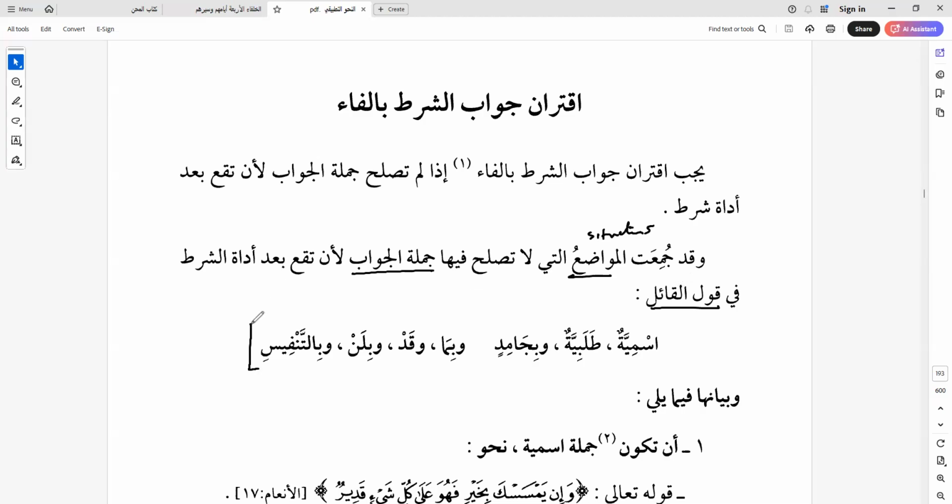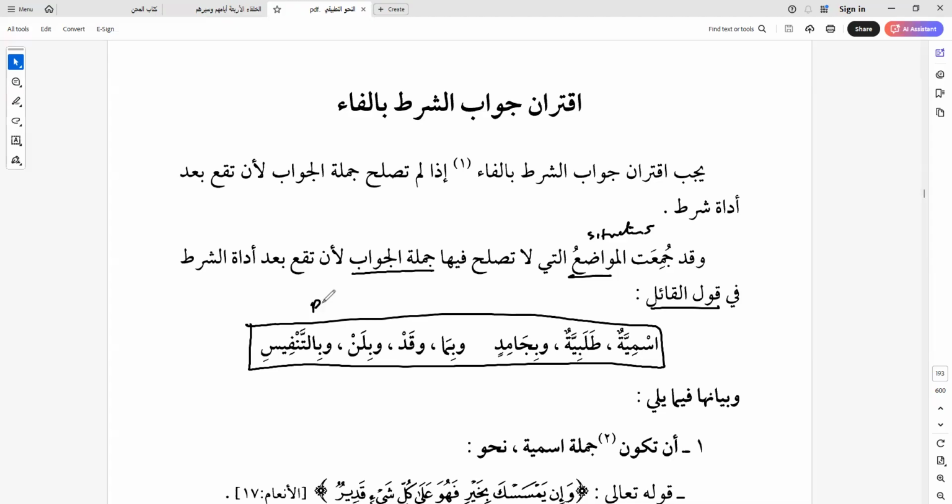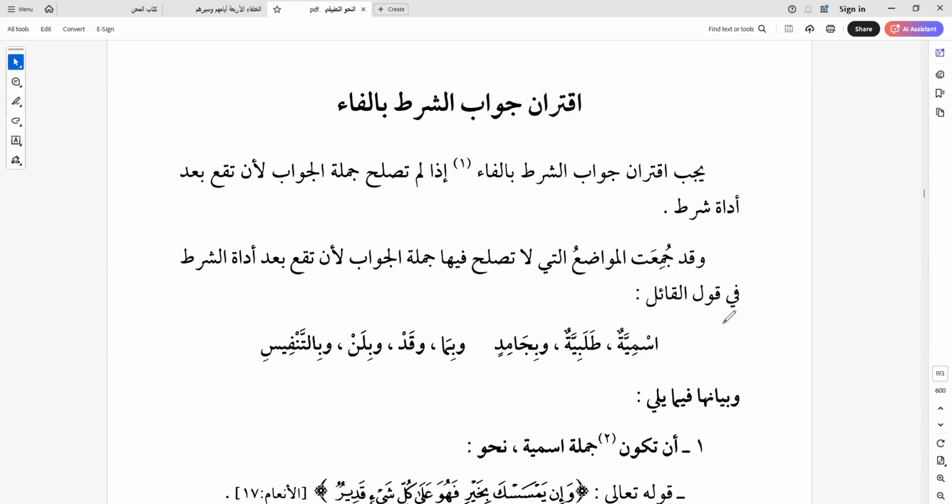So this is a mnemonic, right? It's a mnemonic statement, or it's like a poetic statement to basically summarize situations where you have to apply the fa'ul rabt. Number one, اسمية وطلبية وبجامد وبما وقد وبلن وبالتنفيس